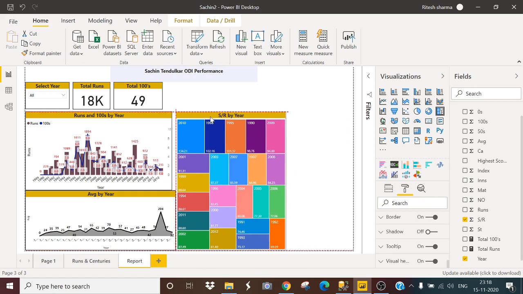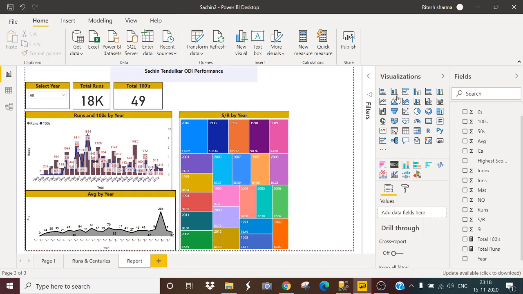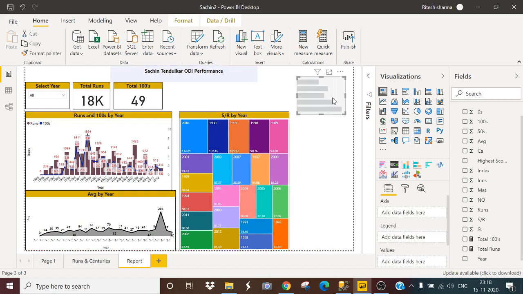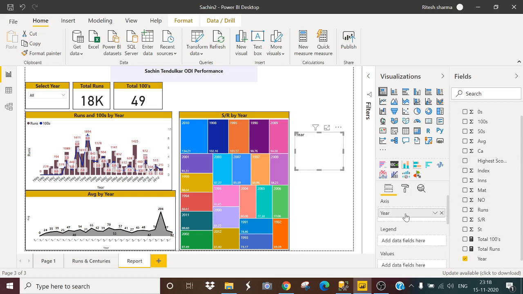Now I have to make another graph which is showing me 50s by year. So I will make this first graph a stacked chart. I will drag year in my axis, and 50s in my values.